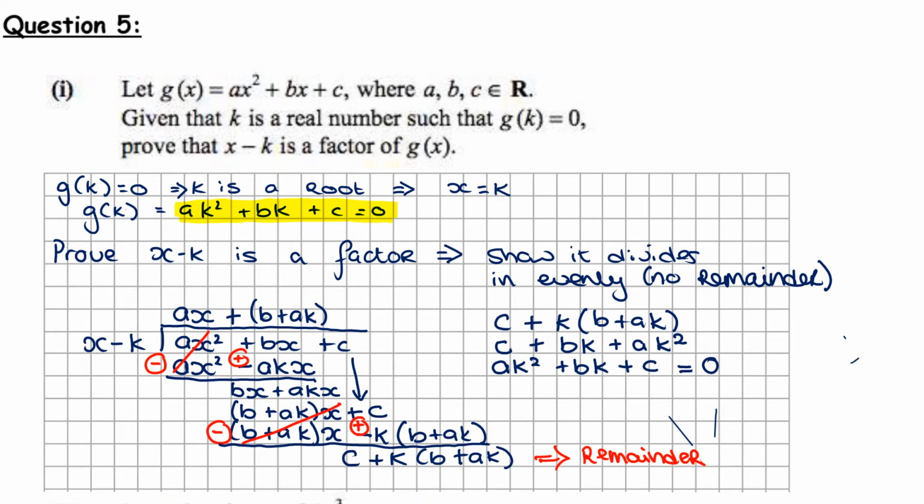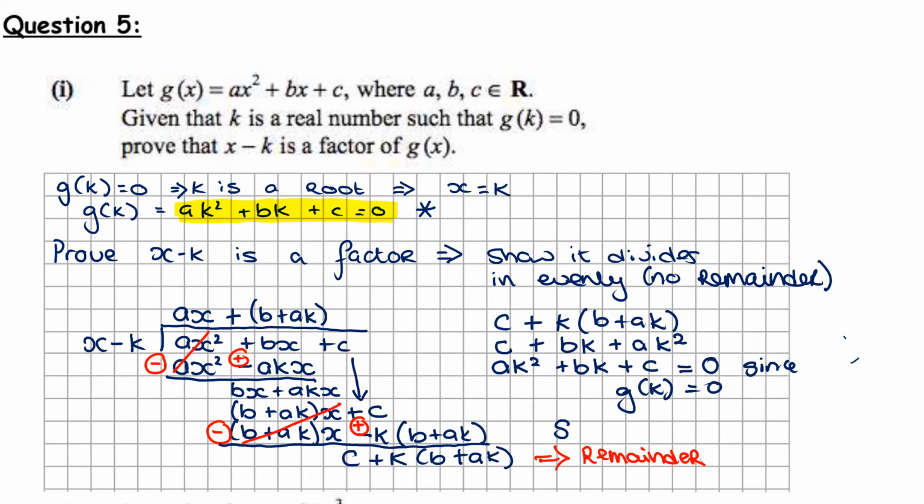How do I know it's equal to 0? Well, let's go back to the first piece of information that we had, since g of k equals 0. We actually had that missing piece, and I think this is where a lot of people struggle. They got the idea that they have to do division. The division wasn't particularly nice, but they managed to get through it and got the remainder. Then it's the question of how to show that remainder is 0. Well, we were given that extra piece of information, that g of k equals 0. So what we will say is,